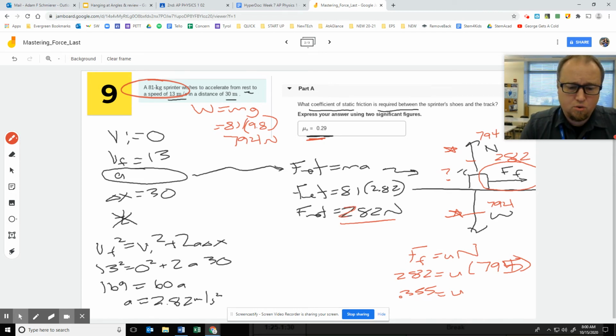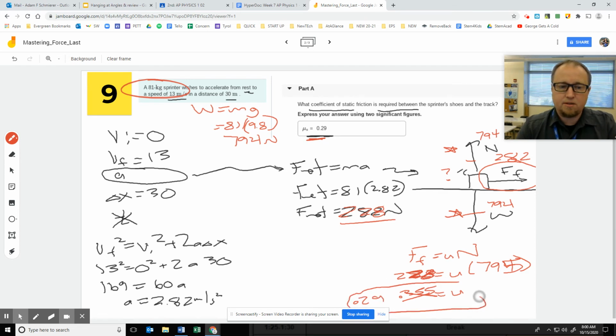Ready? This is 228. Schmier found out 228. I just switched those numbers. This is 228, so 228 divided by 795. That's 0.29. Holy McSmokies, I was questioning a lot right there. That is why, if you look at this, Mastering Physics is pretty unforgiving. Look, I made one mistake. I switched the 8 and the 2. I got the whole problem wrong. Guys, that's why I curve it. It's also why it's really good to show your work, because I was able to go back and see what I did wrong. So that was number 9.